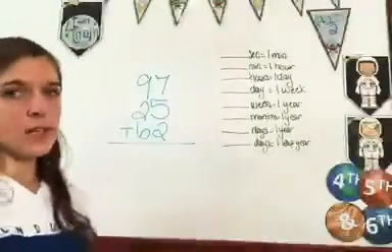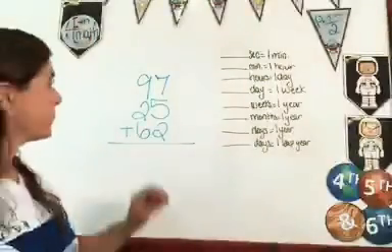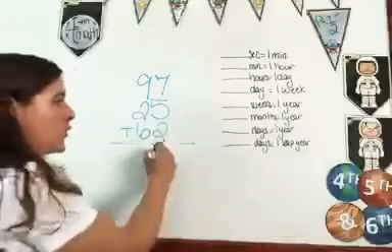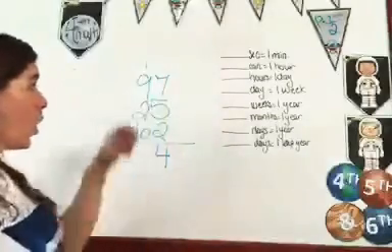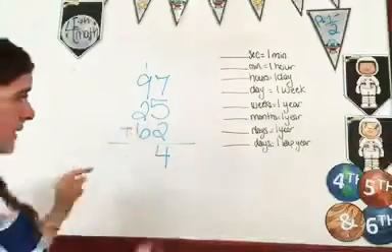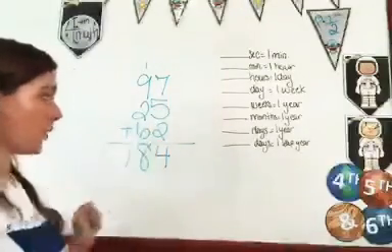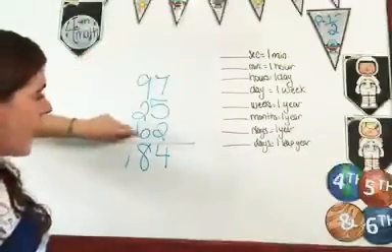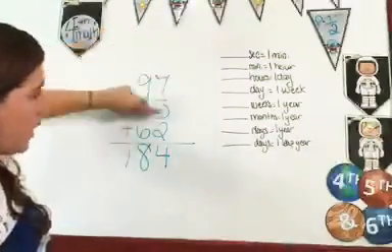It's super easy. All you do is first you add like normal. 7 plus 5, 12. 12 plus 2 is 14. You put your 4 here and your 1 up here. 1 plus 9 is 10. 10 plus 2 is 12. 12 plus 6 is 18. Okay, then we check it. You check it by erasing that and adding up. Okay, here we go, add up.